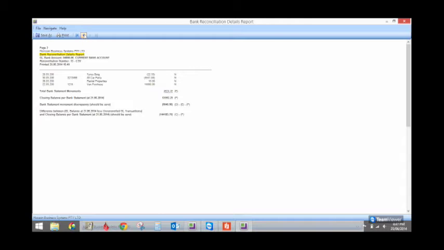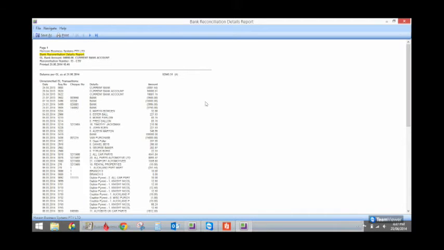The next thing your accountant is going to look for is what we call old or stale transactions. As you can see here, if I highlight with my cursor these transactions going back to the 25th of April 2013, that's going back almost 15 months. So the accountant is going to say, well, why haven't these transactions been reconciled? They should be reconciled by now. It's more than reasonable to assume that payments that have been made have been deposited by the supplier, and also payments we've received have been deposited for us, received from our clients. So they're going to go, well, why haven't we received those payments or made those payments as per the bank